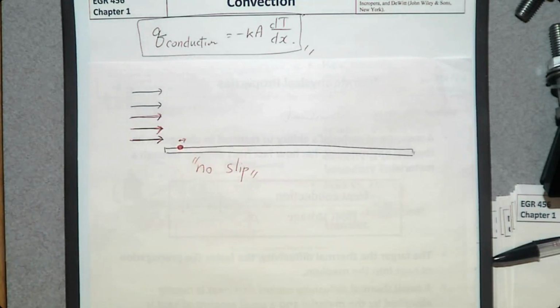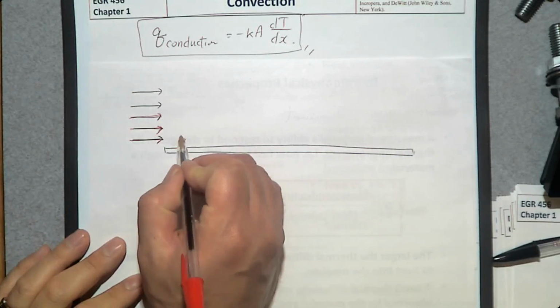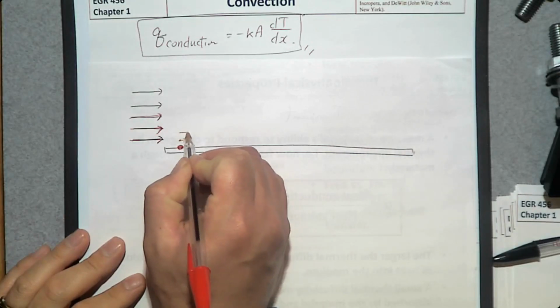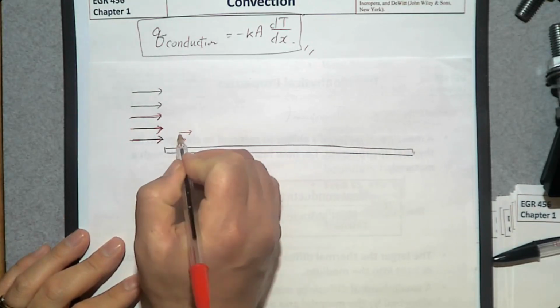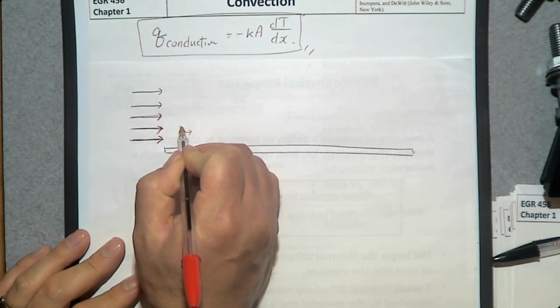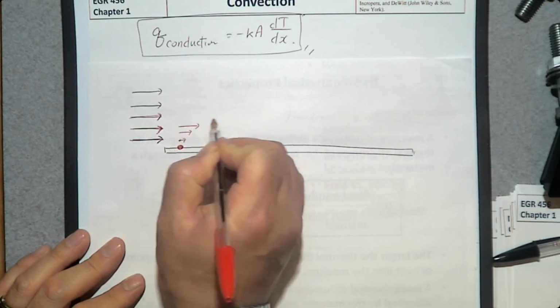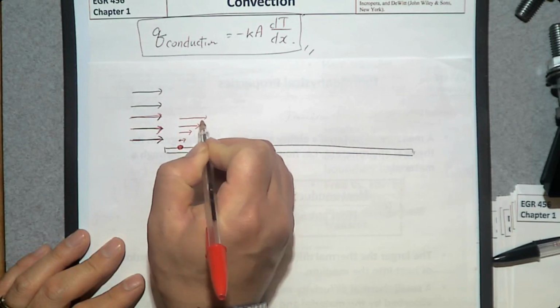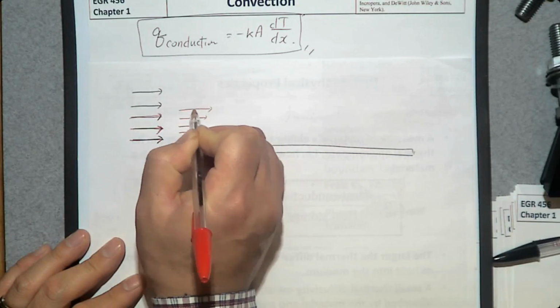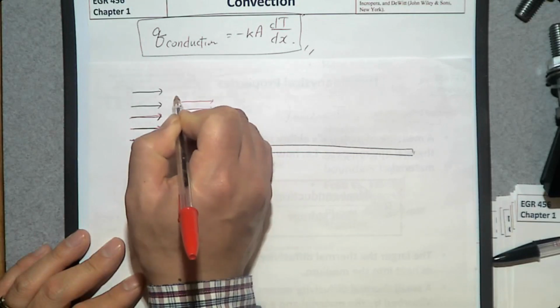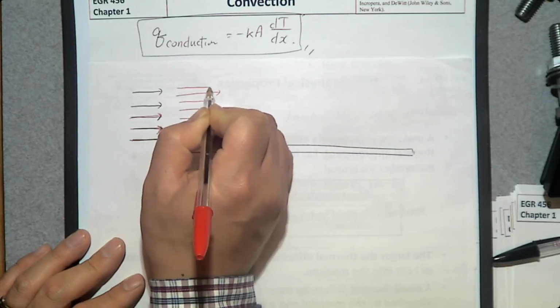What about fluid particles on top of this one? This is already slowed particles. Therefore, the particle above is also slowed, but moves faster than this one, about this much. And it's going to affect the fluid particles on top of it, and that's going to affect the fluid particles on top of it. The same goes on like that. And eventually,